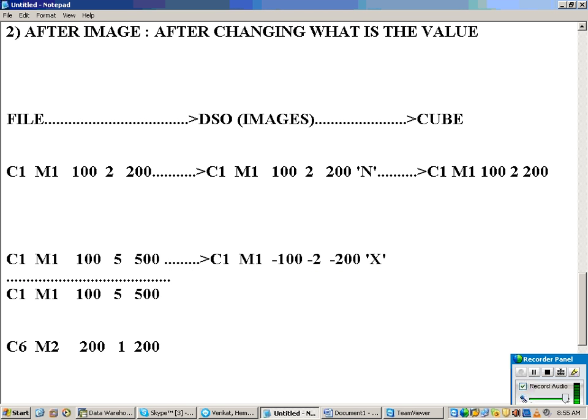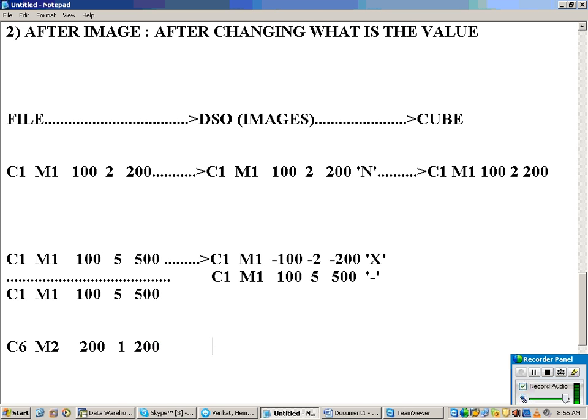Actually I am loading only one record, but it will be taken as 2. After changing, the value is 100, 5. That is your after image, right?